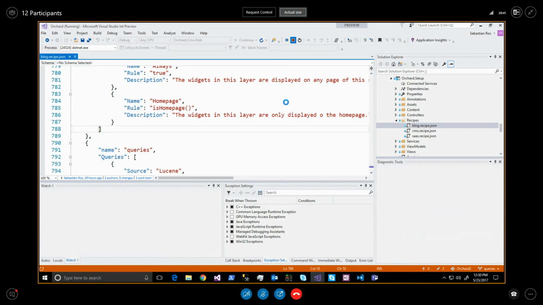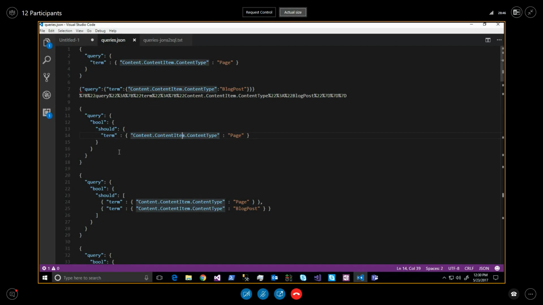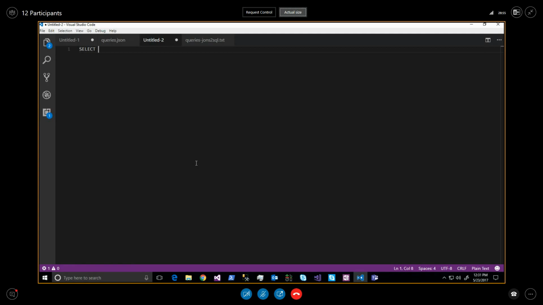So I was wondering about how to integrate SQL, and so we have queries like this for a Lucene query. The issue with SQL is that we need to parse it. So if someone types select star from users, where username equals foo. Okay, so the issues with SQL, just to explain what the challenges are, is that if we expose raw SQL like this,